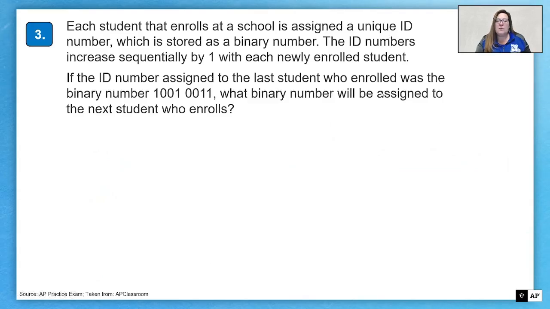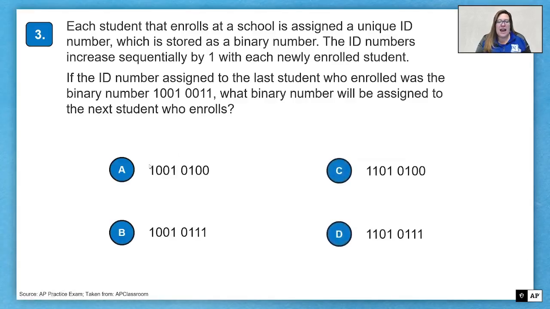Moving on, a student who enrolls at a school is assigned a unique ID number, which is stored as a binary number. The ID numbers increase sequentially by 1 with each newly enrolled student. If the ID number assigned to the last student who enrolled was the binary number 10010011, what binary number will be assigned to the next student who enrolls? So we have A, 10010100, B, 10010111, C, 11010100, D,